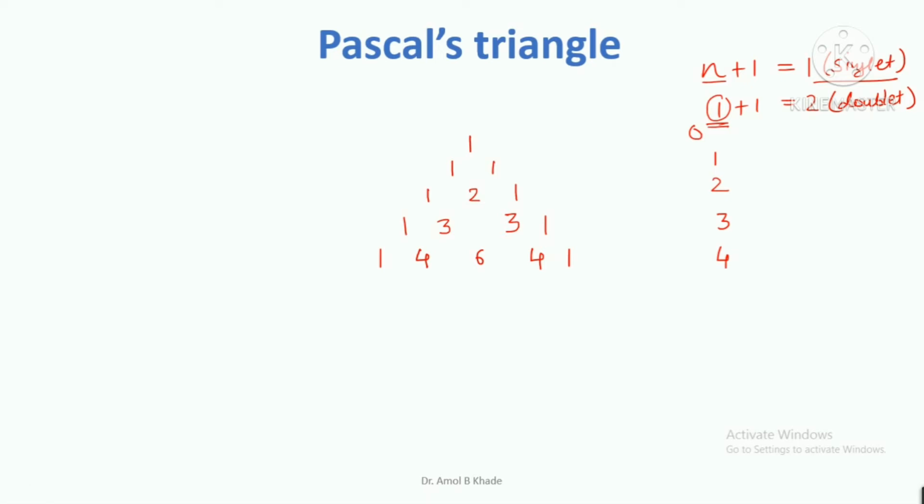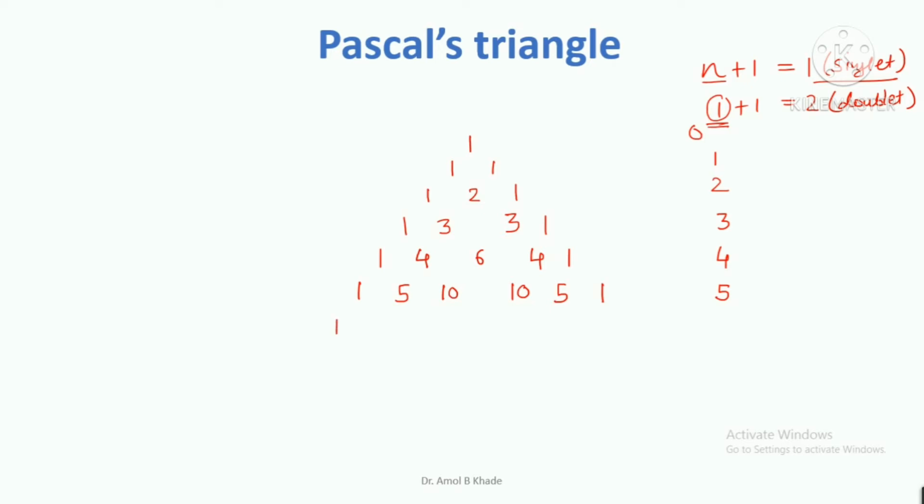Again for the sextet, I can write 1 here and 1 on this side. Then as it was 4 here, we can write 5 here, and similarly 5 here also. Now here we have to write 10, and here also 10. How many lines will this be? 1, 2, 3, 4, 5 and 6. So this appears as a sextet, and the number of protons in the neighboring carbon atoms is 5.